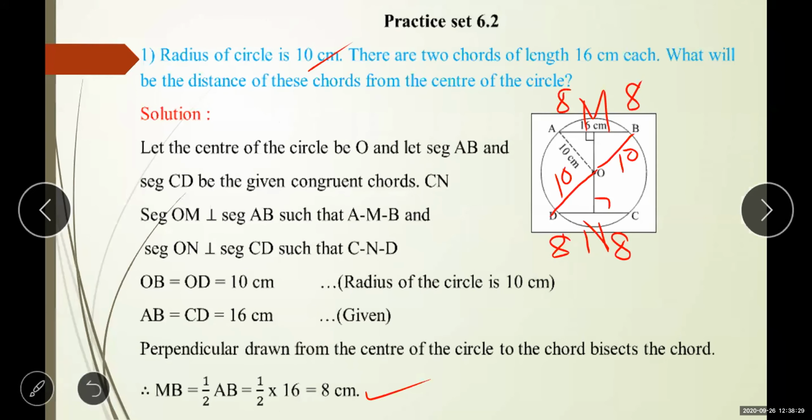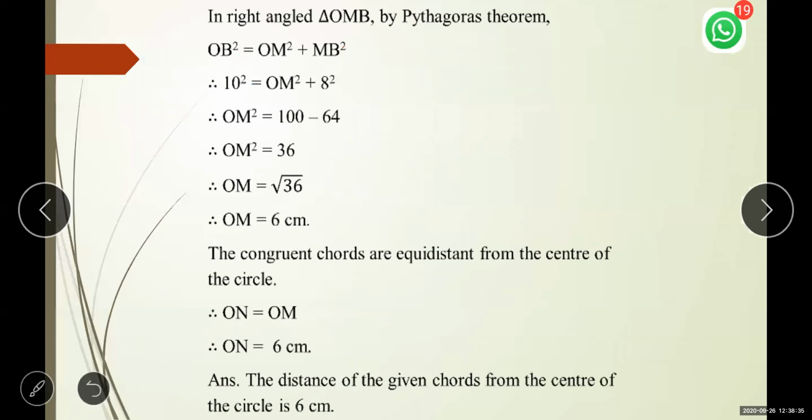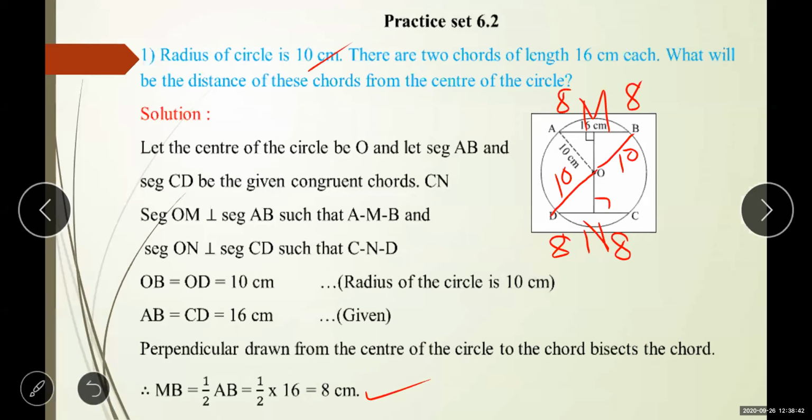Okay. तो यहाँ पे चारों भी निकाल सकते, you can find out all, but you need to find out that much only. Next, in a right angle triangle OMB, which triangle? OMB, this one that I mark in dark. पहले हम इतना ही find out करते हैं OMB. Okay, it is a right angle triangle. Okay, what we have to find out here? This measure we know, that is 8.